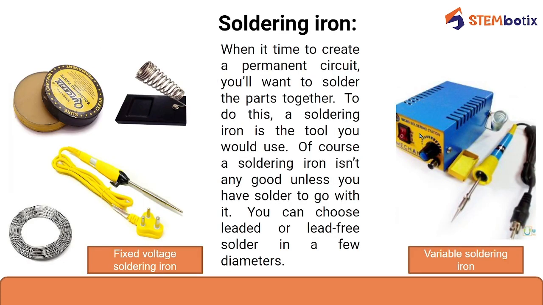So this is the last tool of our general purpose tools, which is the soldering iron. As you can see in the image, there are two types of soldering irons. The first one is the fixed voltage and the other one is the variable soldering iron. See, in the fixed voltage iron, you cannot vary the temperature of this particular section, whereas in this variable type of soldering iron you can vary the temperature using this regulator, connecting this lead over here and connecting the cable of this